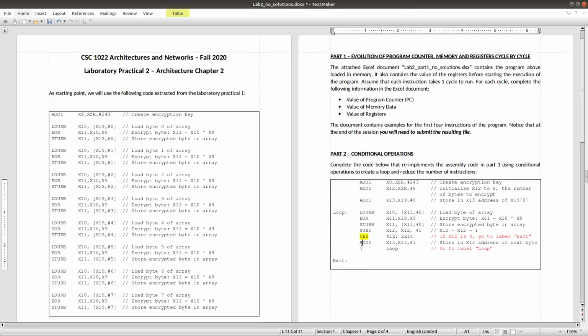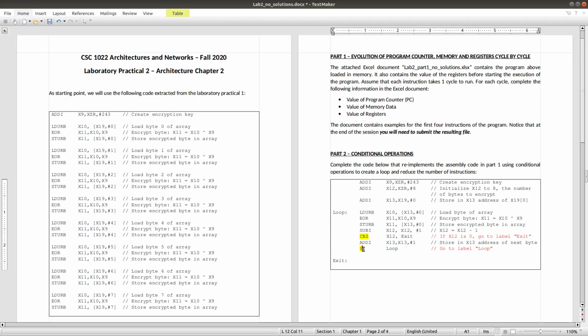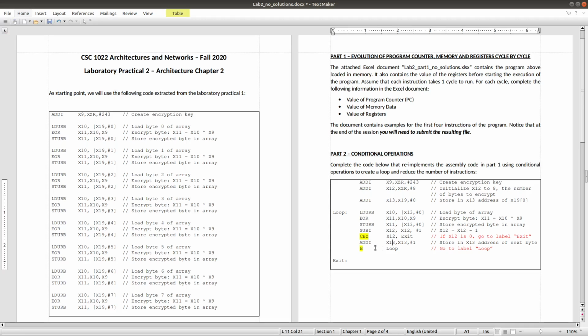So here we simply replace it by B. And so we have our program like this. These are the two instructions we need to include into our program to finish this part 2 experiment.